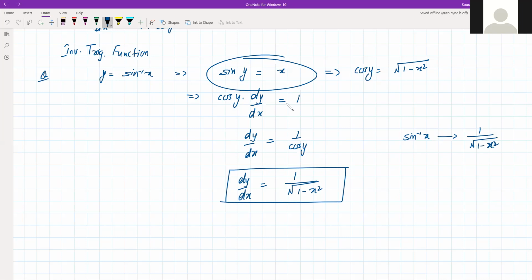Like this, you will have 5 more. So that is the assignment for you before the next class. That is, come up with differentiation of all these inverse trigonometric functions, that is cos inverse x, tan inverse x, secant inverse x, cosec inverse x, and cot inverse x. So that's all about